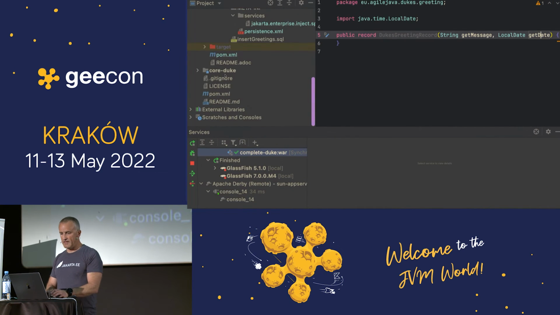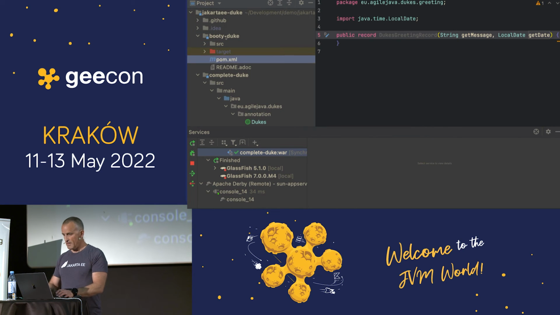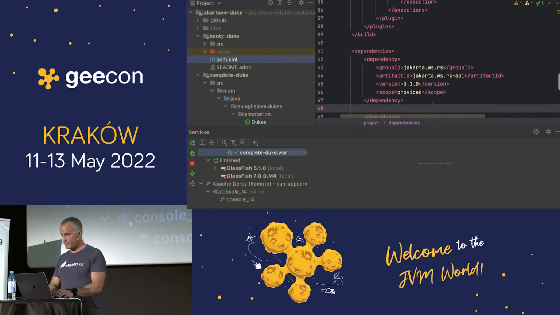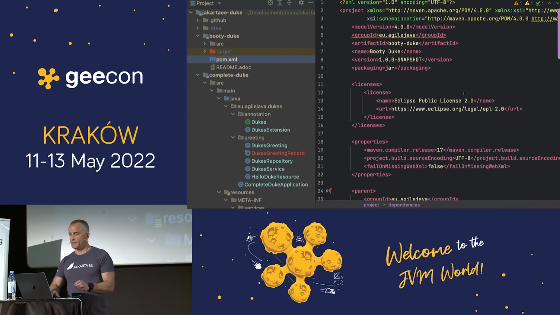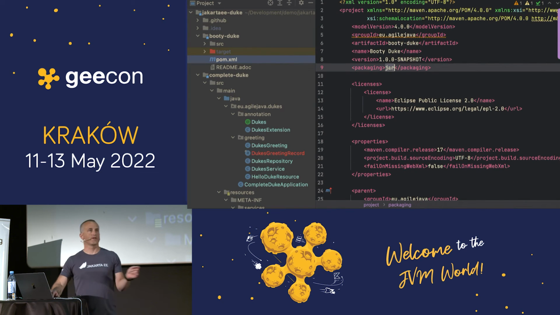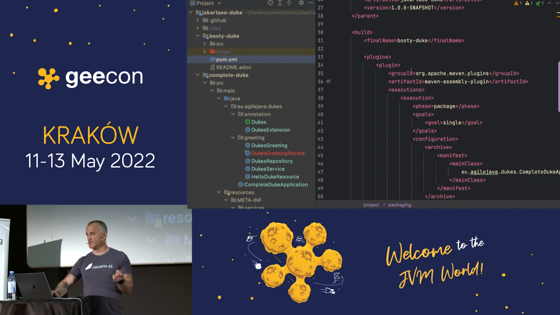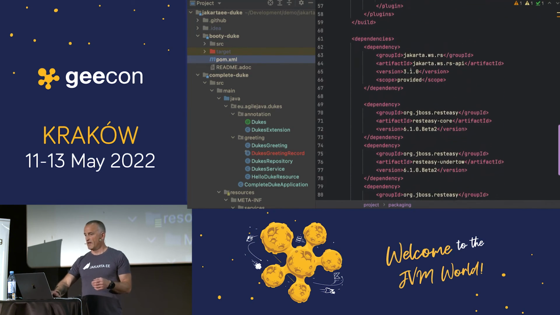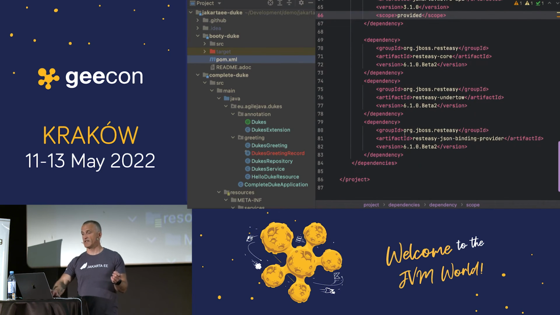And I call this Booty Duke, because it's booting. And here in my POM file, I'm not having a war anymore. I'm using a jar. And I'm just using the Maven assembly plugin here, and I'm packaging the Jakarta REST API, and I'm using RESTEasy as the implementation.